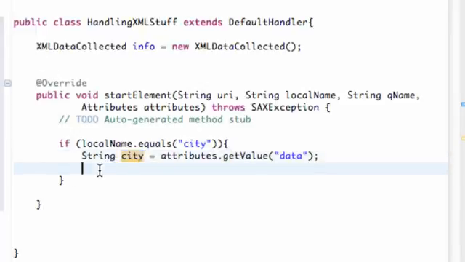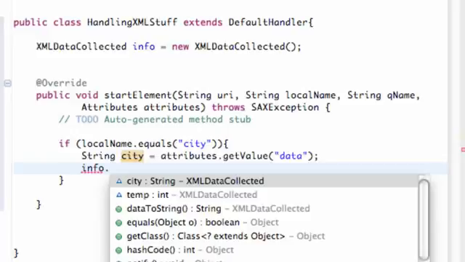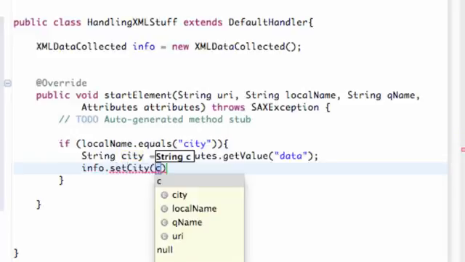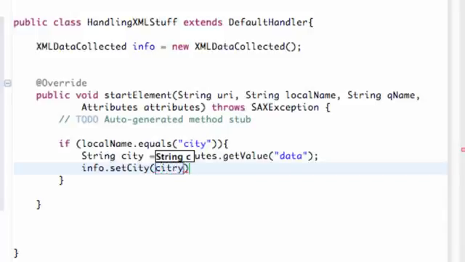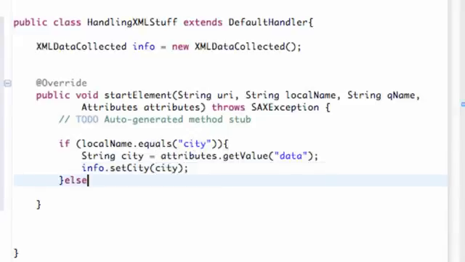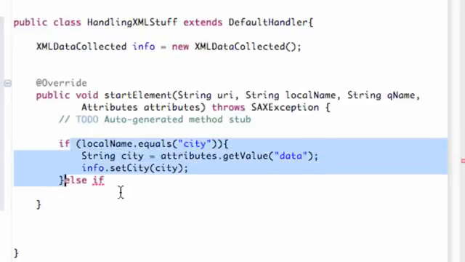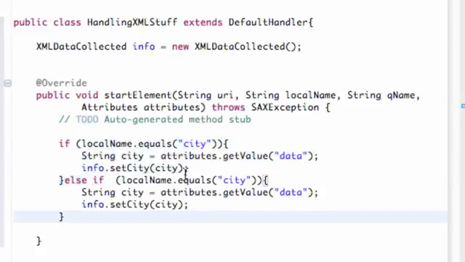So we're going to say info dot set city. We're going to call this city, again that's that method we set up in that class, and we're just going to refer to our string that we have here called city. Then we just have to say else if, and again I'm just going to copy this format here and paste it, and we're going to say instead of city we're going to say temp underscore F,